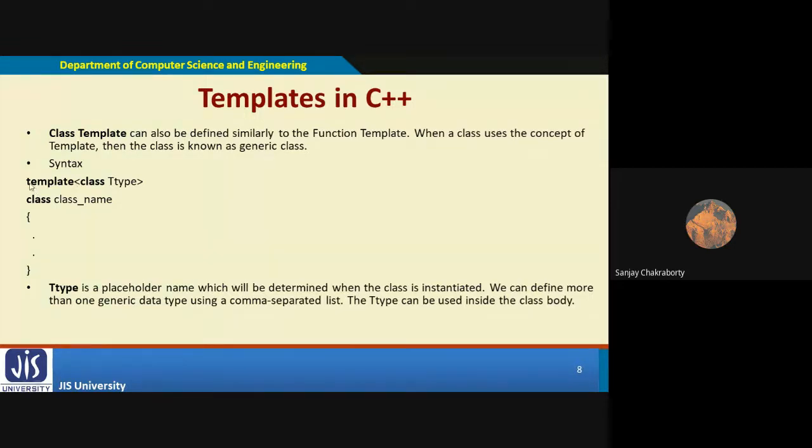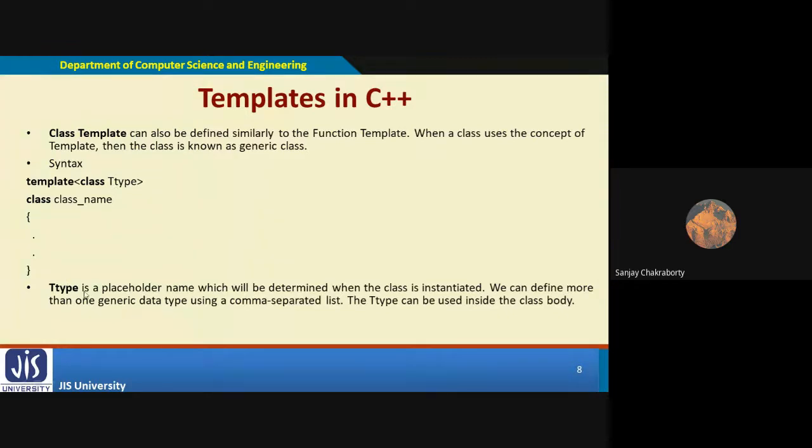So this is the syntax of a class template. All of it is similar to the function template. Only under this template, in the case of a function template, we define a function here: void fun, void bubble sort, if you remember. And here in the class template, we define the class under this template. So class, then class name, then the class body you are going to define. Within that, you have to define the class members, either public members or private members, or a combination of both. Okay.